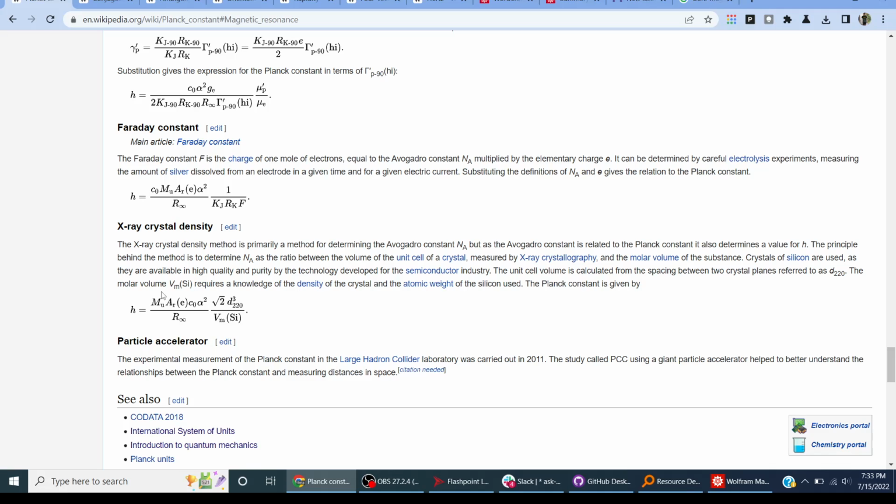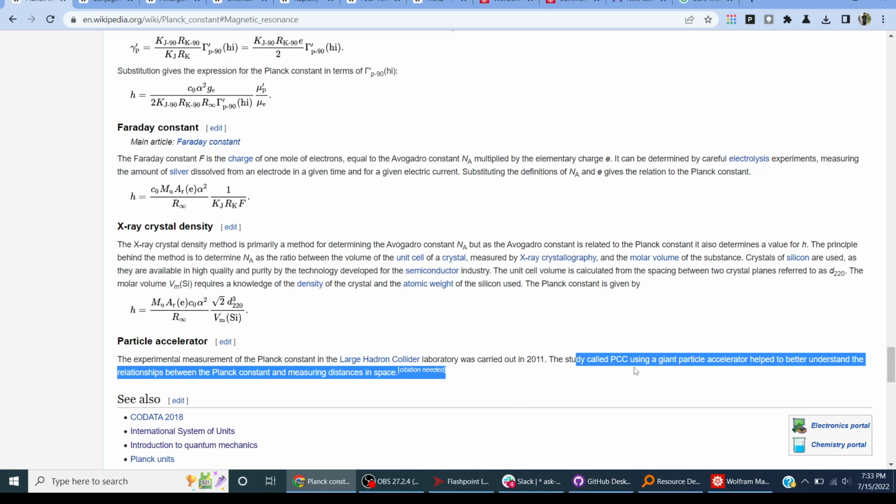The molar volume V sub m requires the knowledge of the density of the crystal and the atomic weight of the silicon used. The Planck constant is given by all that. Particle accelerator. The experimental measurement of the Planck constant at the Large Hadron Collider was carried out in 2011. A study called PCC used a giant particle accelerator that helped to better understand the relationships between the Planck constant and